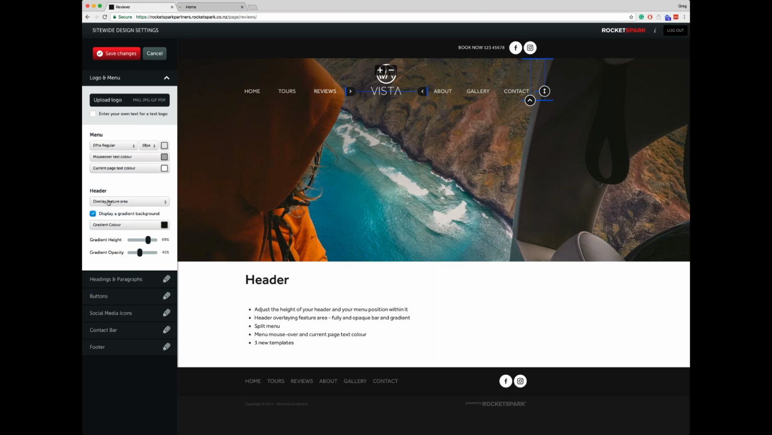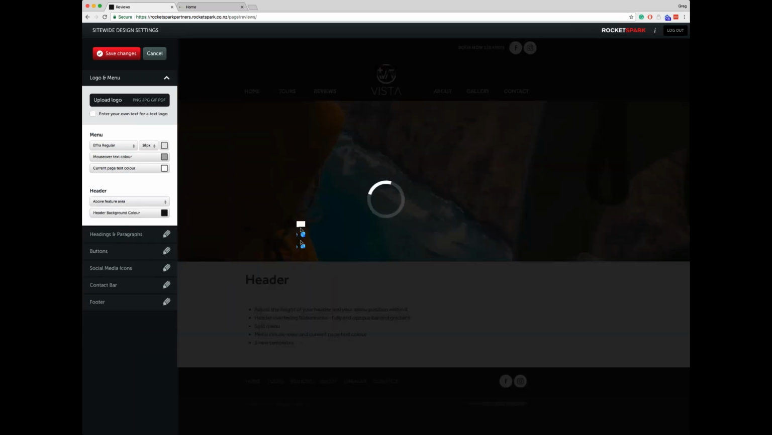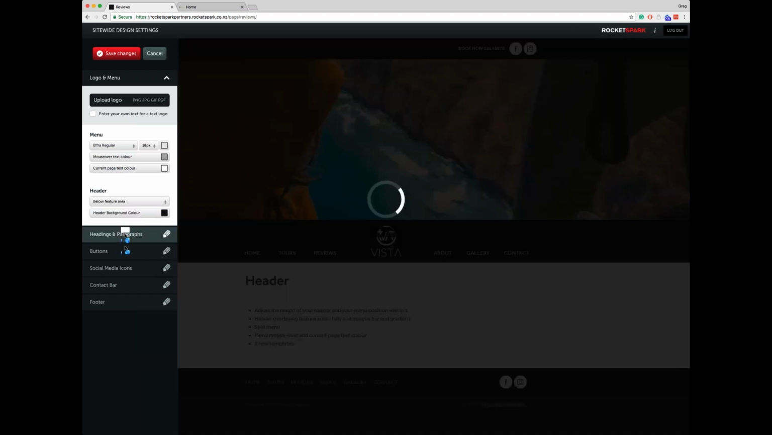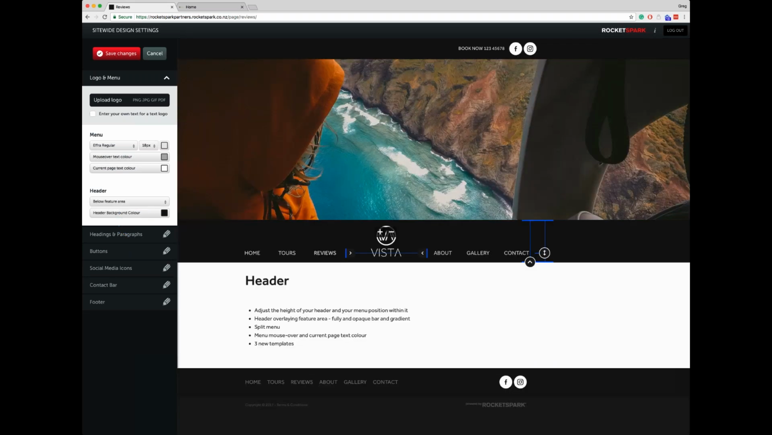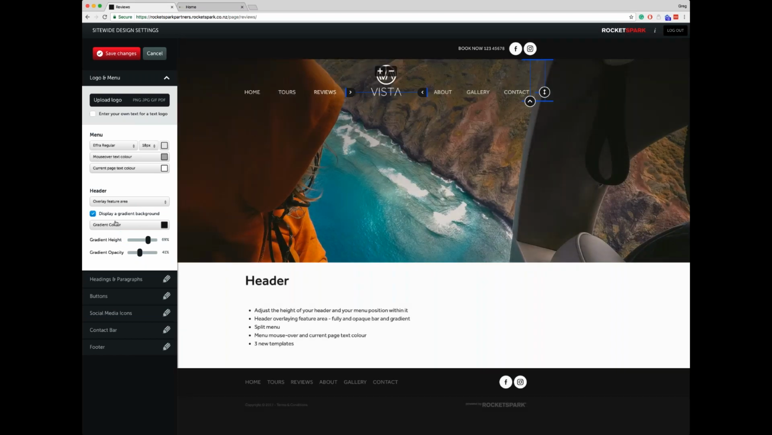So like you can see here, down in the header section, we've got above the feature area, so that's where it sits above it and in its own bar. And then you've got below the feature area where it drops below, and we've had most of these before. And now we've got overlay the feature area, so that's where it sits over top of it, and that's a really nice way, if you've got beautiful images, to show